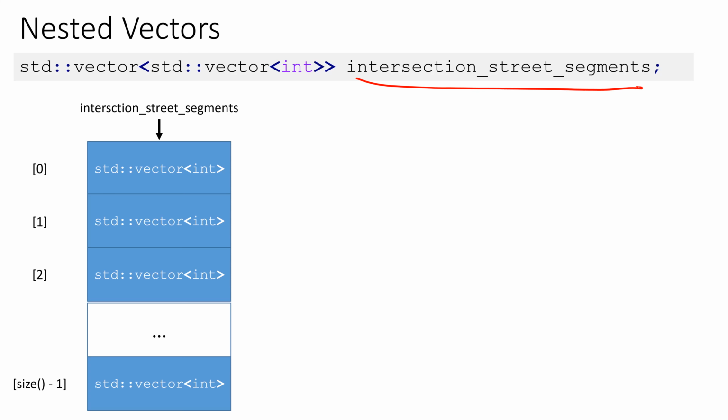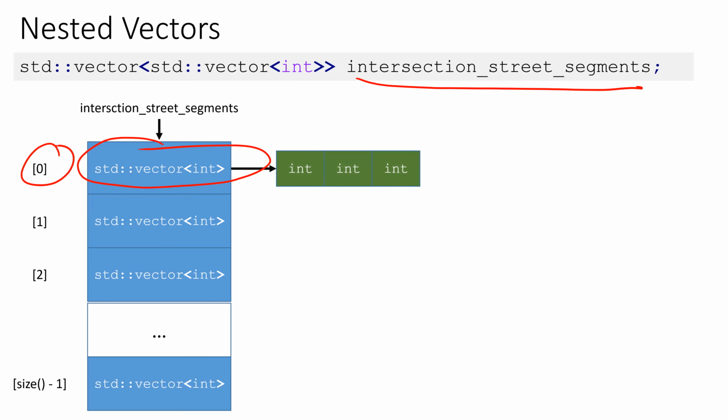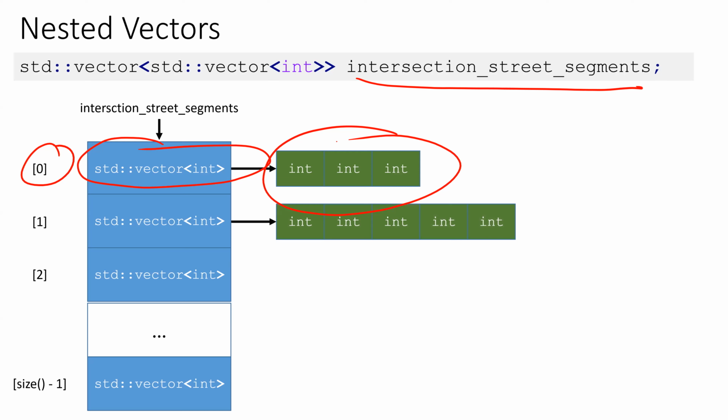If we index into the first dimension, each entry is itself a vector. This is the data for intersection 0, and let's say it has 3 street segments. So we'd have a vector of size 3 with those 3 numbers in it. Intersection 1, maybe there are 5 street segments, so it has a vector of length 5, and so on and so forth.